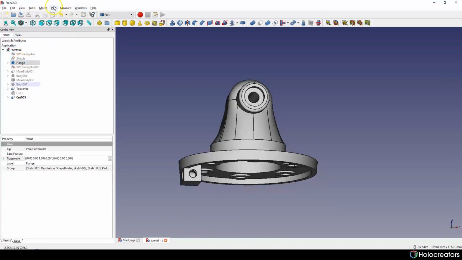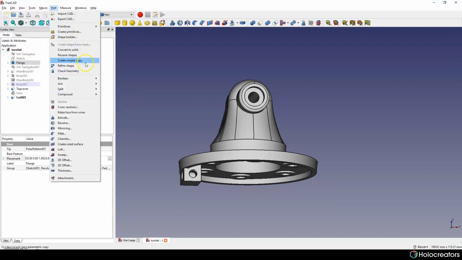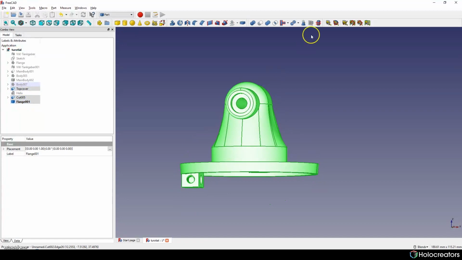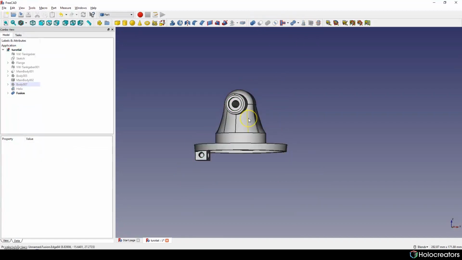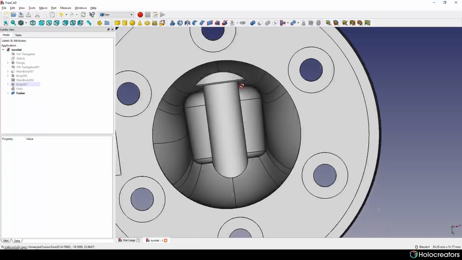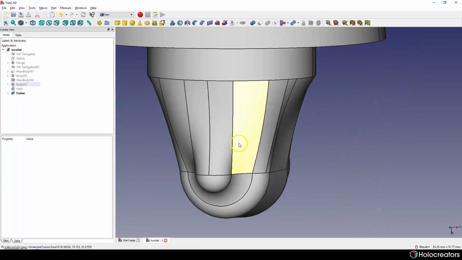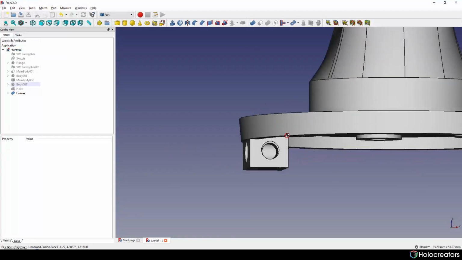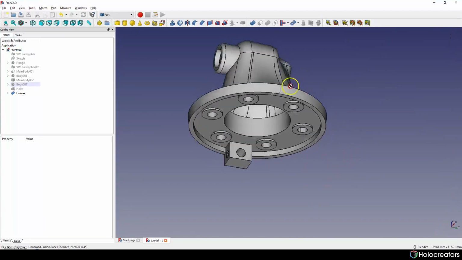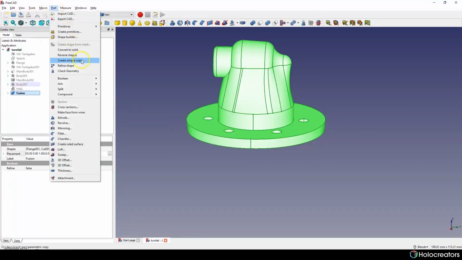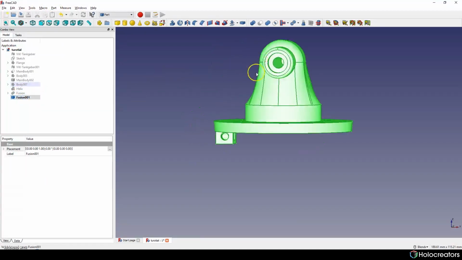I think it's a good idea to create a simple copy, just to make sure we will not hit any errors. And now we can merge them together. Let's double check for any issues. And it looks fine. It's all solid. So we can simply finish it by creating a simple copy, and it's done.